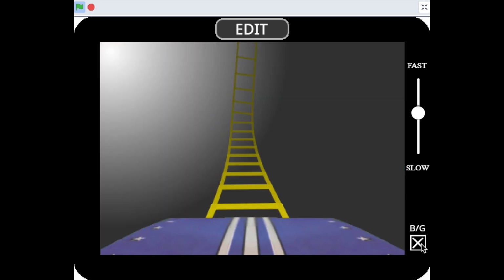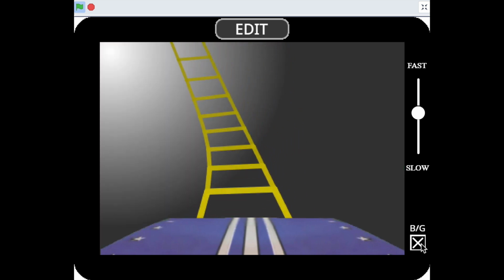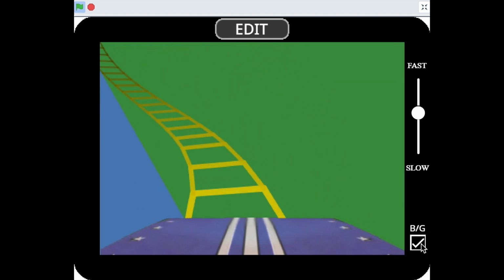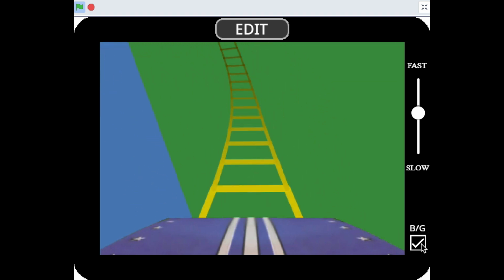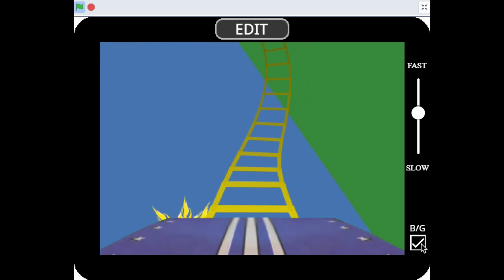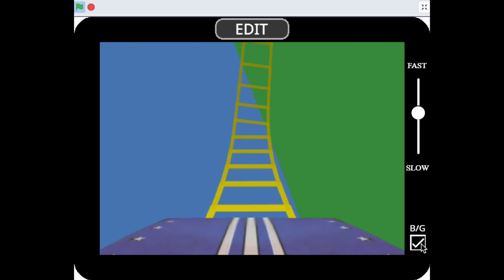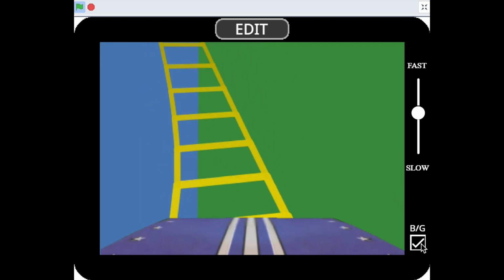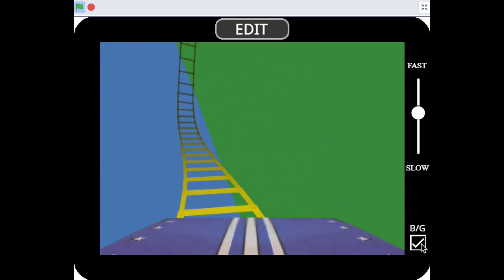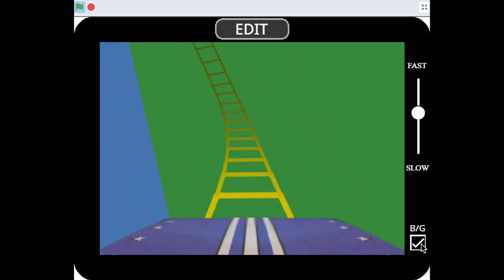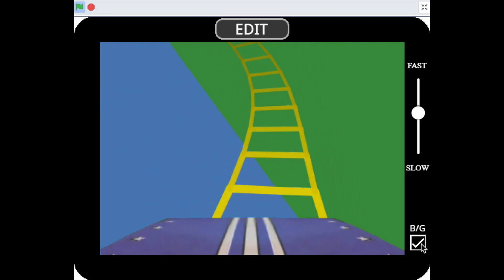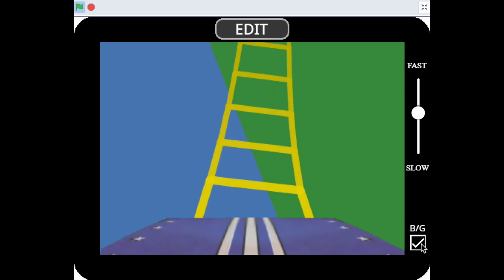Originally, if I turn the background off, this is how the original project looked, as if it was a roller coaster in space. But to add realism, I added a horizon, which was quite tricky to do actually. Incidentally, the horizon is just two pen lines with a very, very big pen setting. So the size of the pen is so big, it can fill the whole screen. So you've got one green line and one blue line, and that is the sky and the ground. And then I added the sun, in a constant place in the sky,